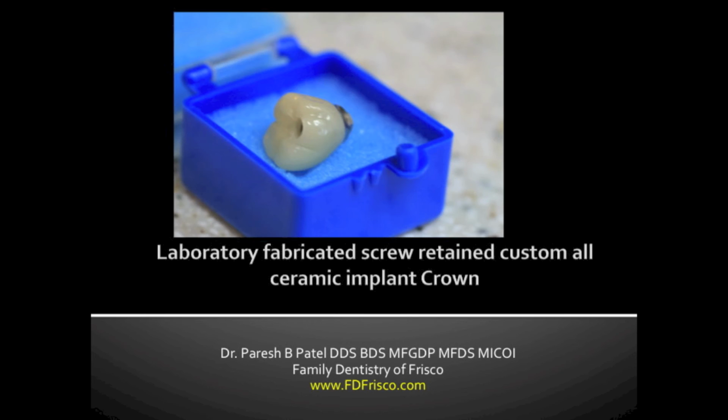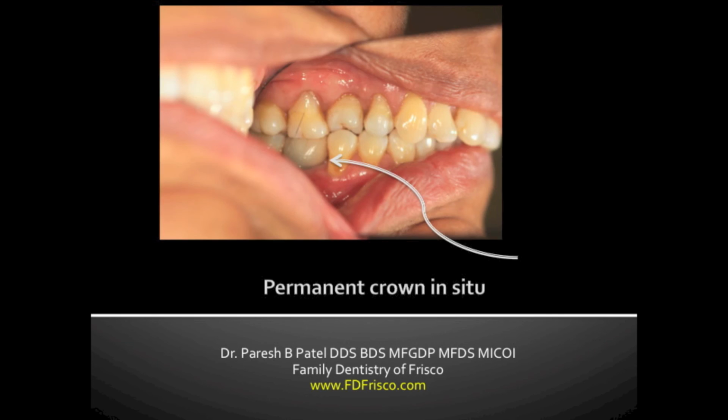I personally like this type of restoration because it allows us a very easy way of retrieving the crown, and also minimizes the effects of potential cement and things of that nature. And here you see the dental implant crown in place in the patient's mouth, and might I say, it looks rather nice. Again, at Family Dentistry of Frisco Laser Sedation and Implant Center, we have a wide number of options